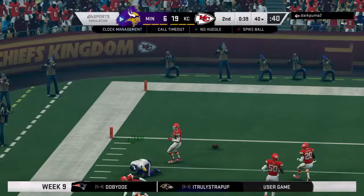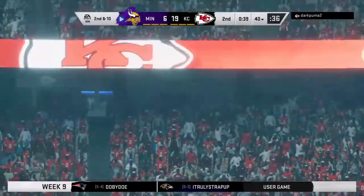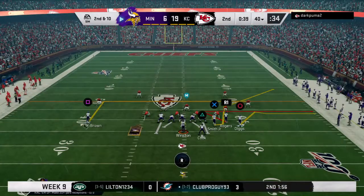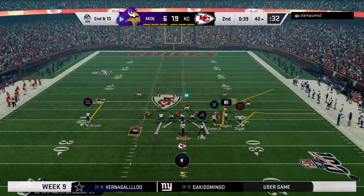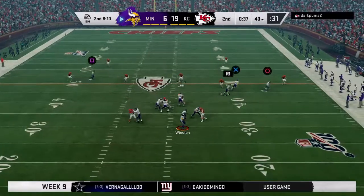And that is incomplete. Took a shot there on first down, but he couldn't reel it in. Those passes out that far wide always make you hold your breath a little bit. Felt like it was in the air for a while. What it does is allows a defender to gain some ground, come from a long distance, and have a chance